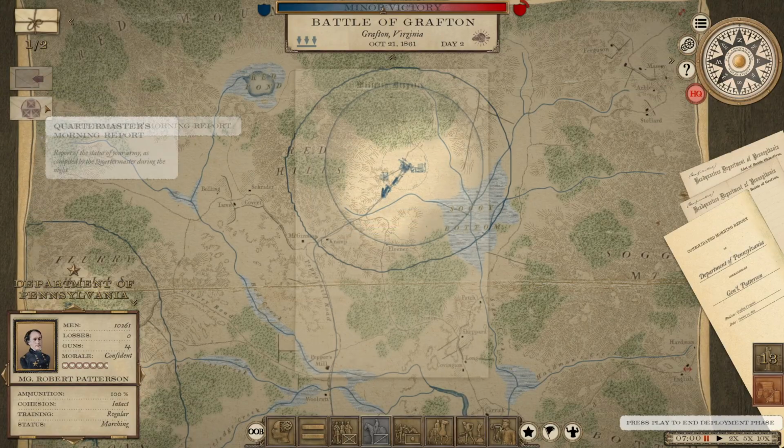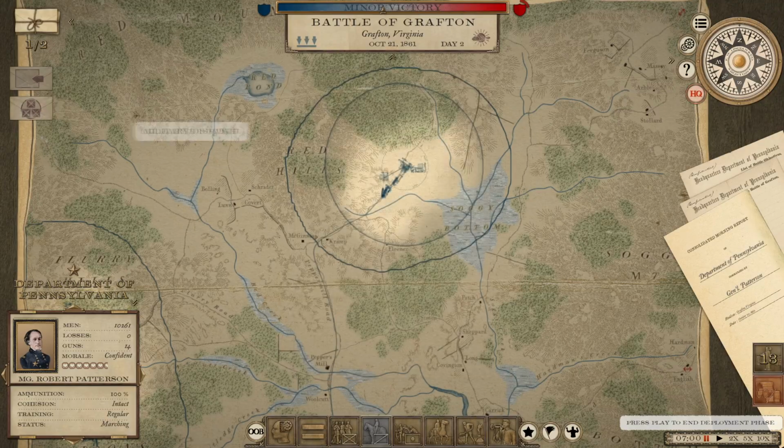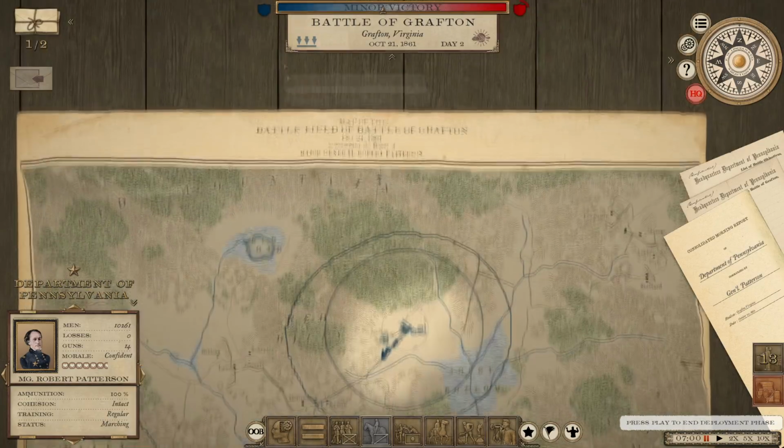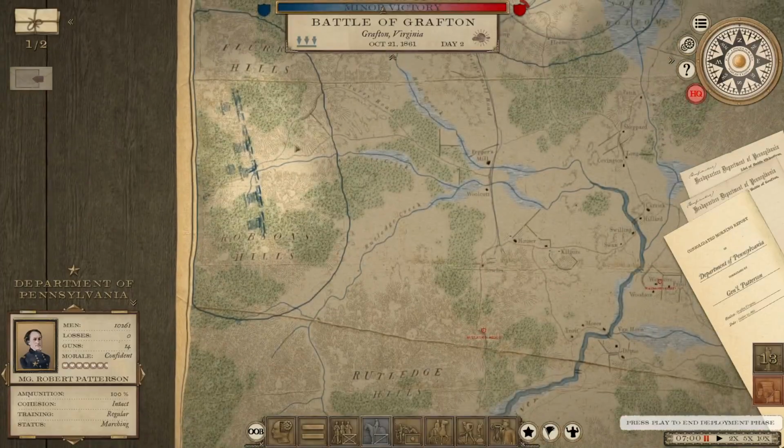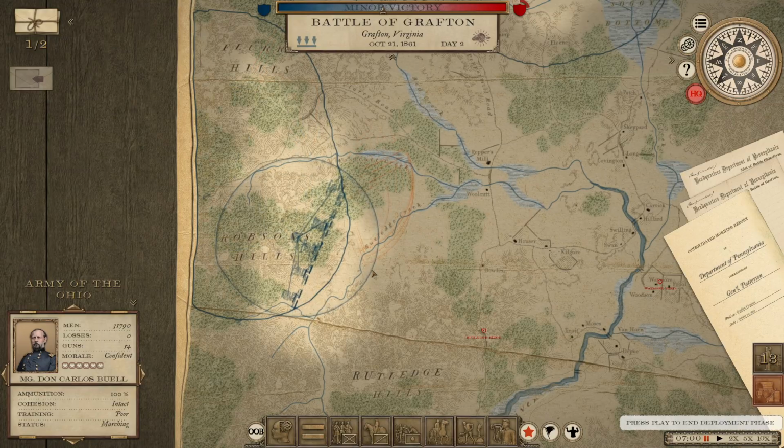Buell has arrived. Okay, supply situation still outstanding. And Buell's troops have arrived. All right, so they arrive on the western portion of the map. I didn't see any entry point there, but I'm not going to complain. We'll put them near...